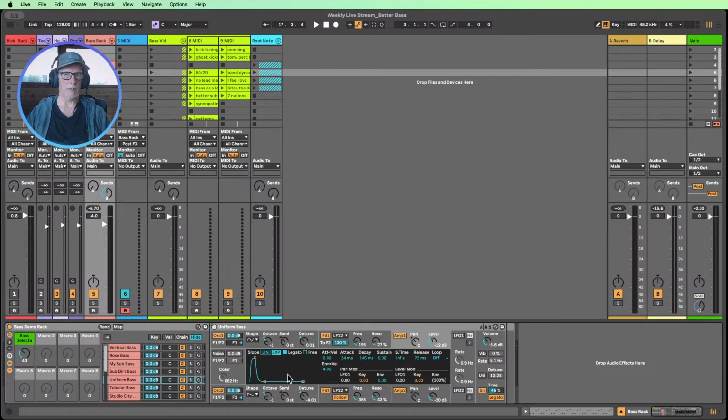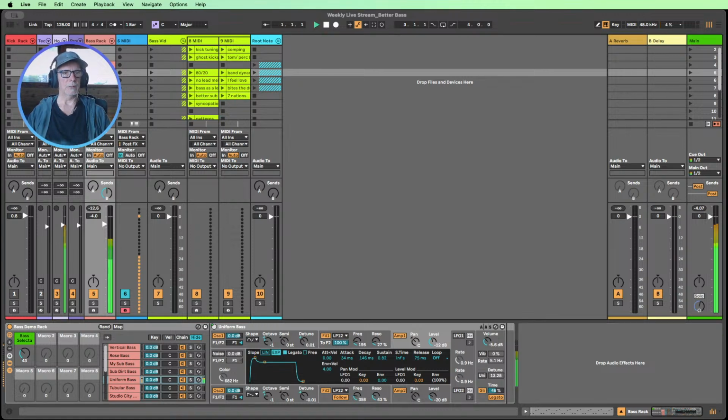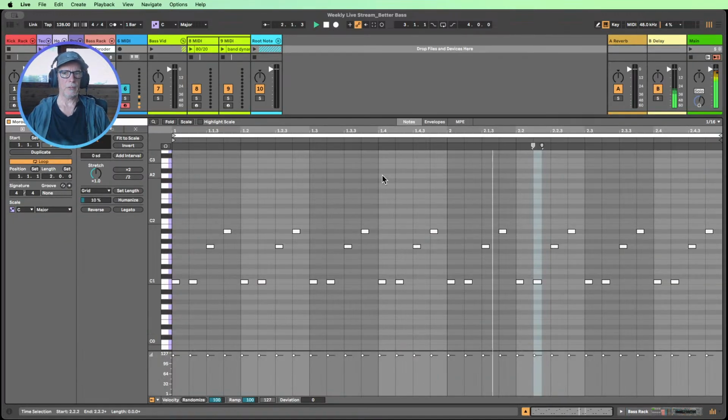I'm just undoing my envelope back to how it was on this particular preset, just so we're back to where we were there. Because let's see what we can do with what we've got, right, with the synth itself. So I think the short note lengths are a really good move. Having some long ones, as I said, adds a bit of spice to the pattern, just for a little bit of feeling.